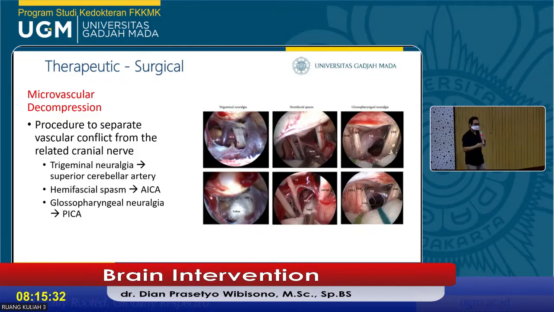Intractable means it cannot be alleviated with drugs. So we have to separate it surgically, like this. We put some Teflon between the SCA and the fifth cranial nerve. The others are the same. Hemifacial spasm is the facial nerve with the ICA. Glossopharyngeal neuralgia is the glossopharyngeal nerve with